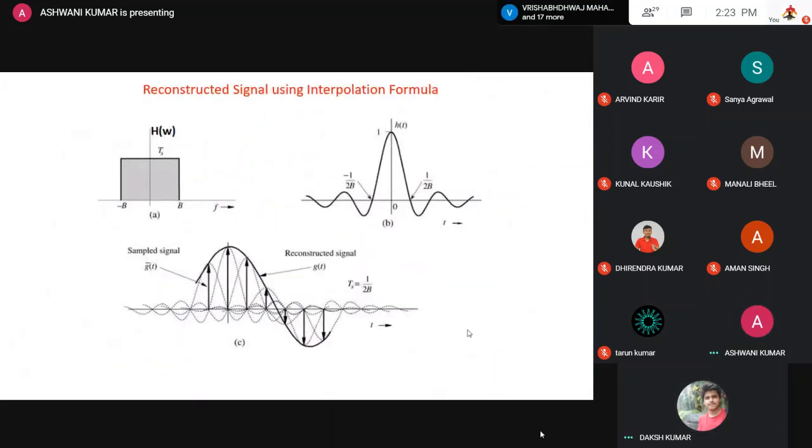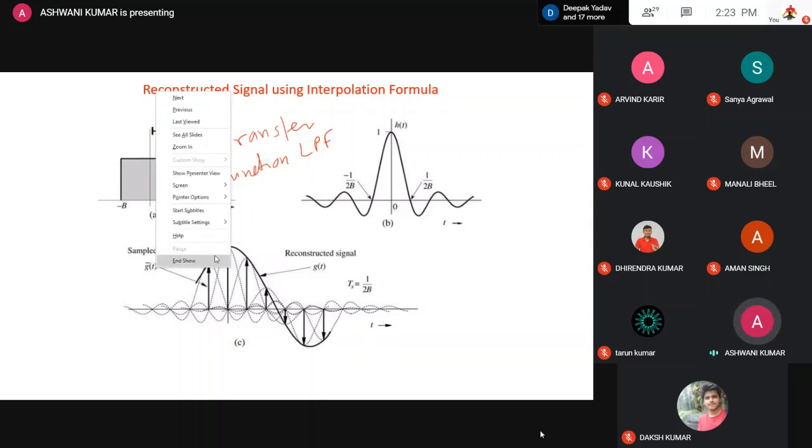Again I'm just explaining with this diagram, you can understand now. See here, this is your low pass filter transfer function, the LPF. Now all the pulses which you have, these are the sample signal.